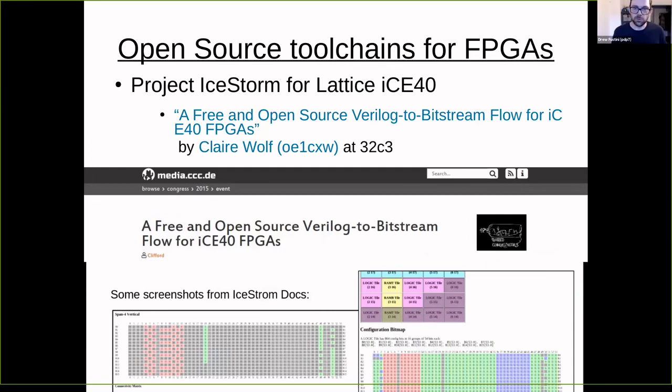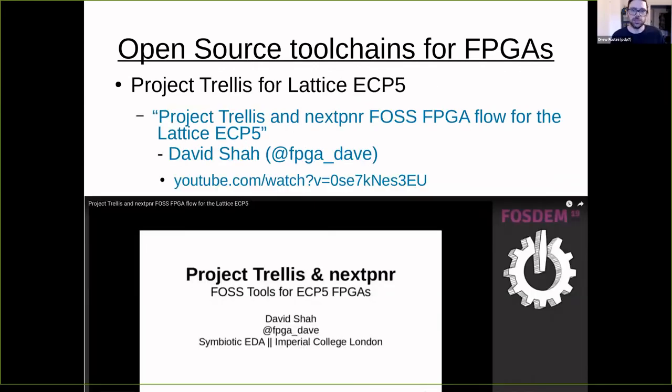The first one was the Lattice ICE40, which is not a big enough FPGA for us to implement a RISC-V core that can run Linux. But the next bigger FPGA from Lattice, the ECP5, is. And it also has an open source tool chain thanks to David Shaw, who's actually, I think, located in London. I met him at the open source hardware user group in London last year, I think it was. So thanks to that, using only open source tools, you can have a RISC-V core that can run Linux